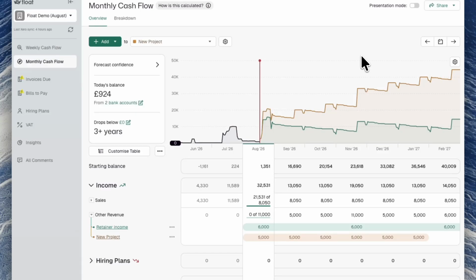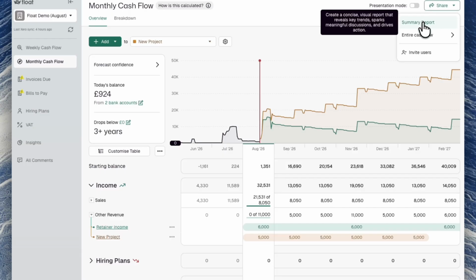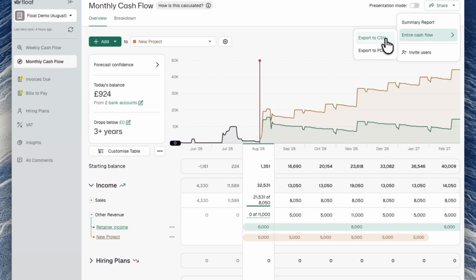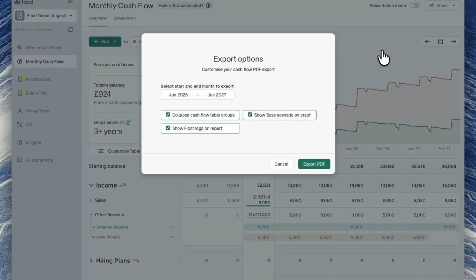Regularly checking in on your cash flow forecast is important, but sometimes you'll want to dive a little bit deeper to understand how your business is really performing. If you'd like to export a cash flow report, your main report lives in the main cash flow page under the Share button. You can download a summary report here, and also you can export the forecast to a CSV